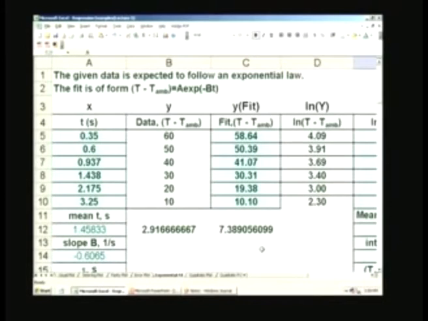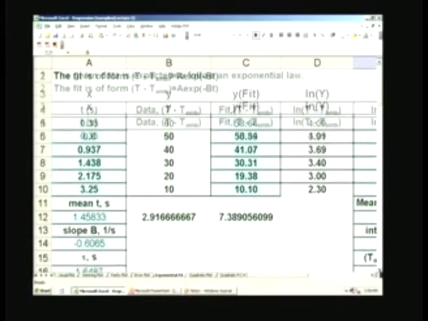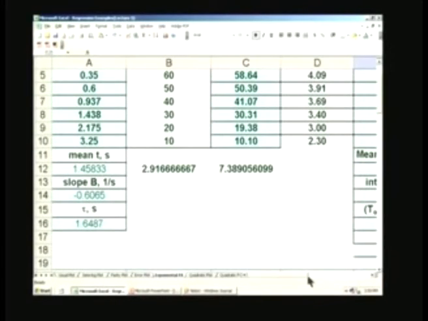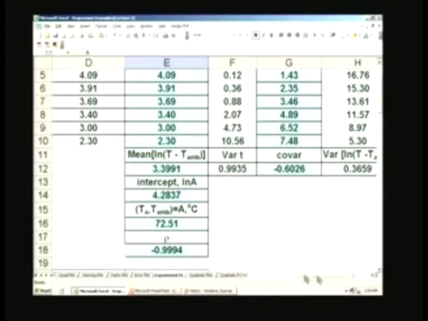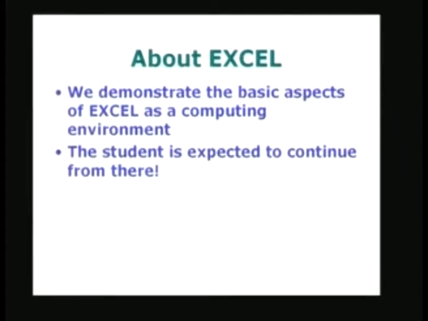Of course, the other possibility is to just find out whether the correlation coefficient is good or bad, and that is another thing which we can do. In fact, I have calculated the correlation coefficient also. It is minus 0.9994, the negative sign because there is a decreasing trend, as I have already indicated earlier, and this is another indication of how good the fit is.